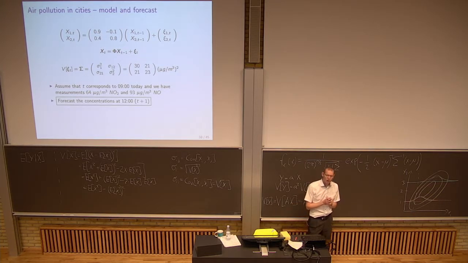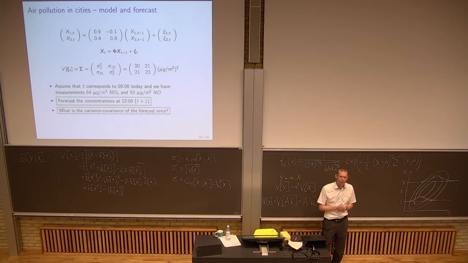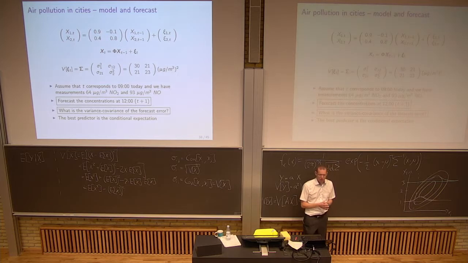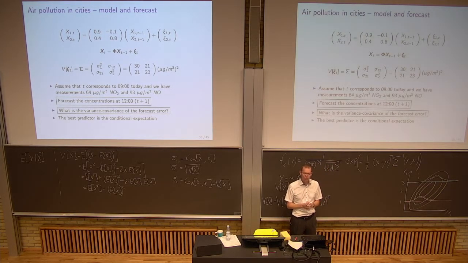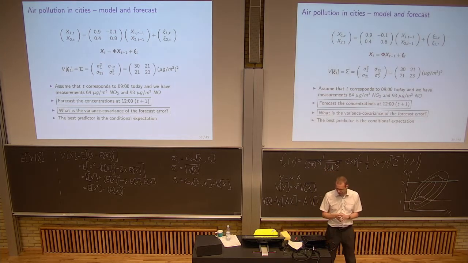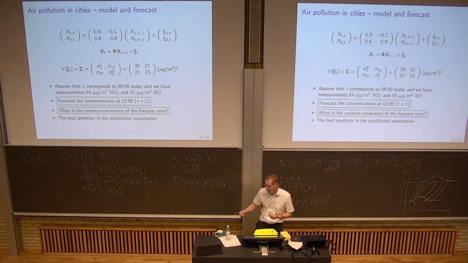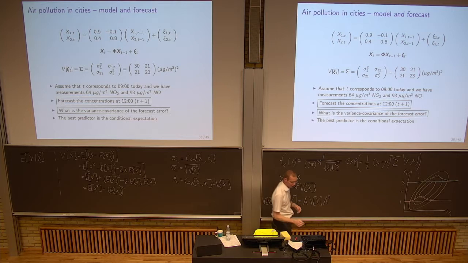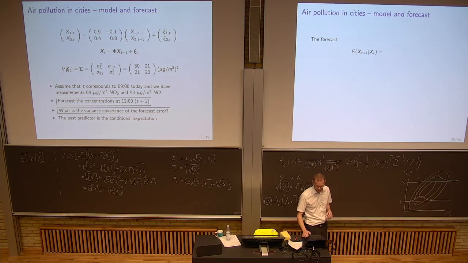So what we have to do is to forecast the prediction at the next point in time. As mentioned earlier, the forecast should be a mean value and a variance covariance of that. Now, what I will state now, and I will repeat that many times, is that the best predictor is the conditional expectation. It's too slow. I will swap. So the best predictor is the conditional expectation.